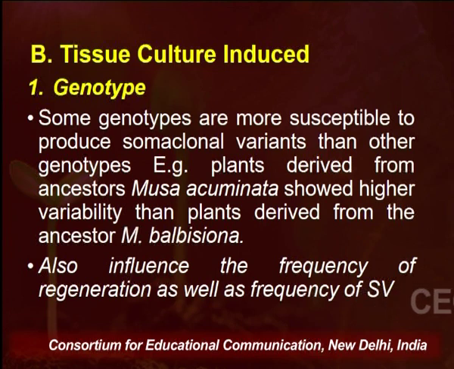It's not only the amount of the variations, but the frequency of regeneration also has an impact on the frequency of the occurrence of these somaclonal variations. So if we are continuously using a specific explant material for the regeneration of newer plants, and that frequency of usage is pretty high, then we can say that the chances of occurring somaclonal variation will be high. Second is the type of the explant material that is being used to regenerate plants under in vitro